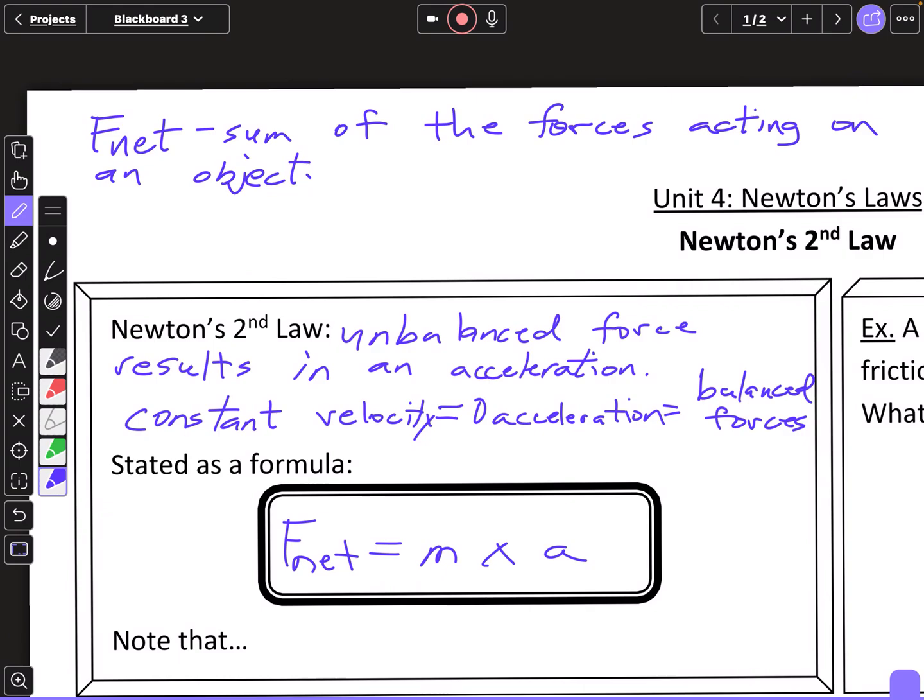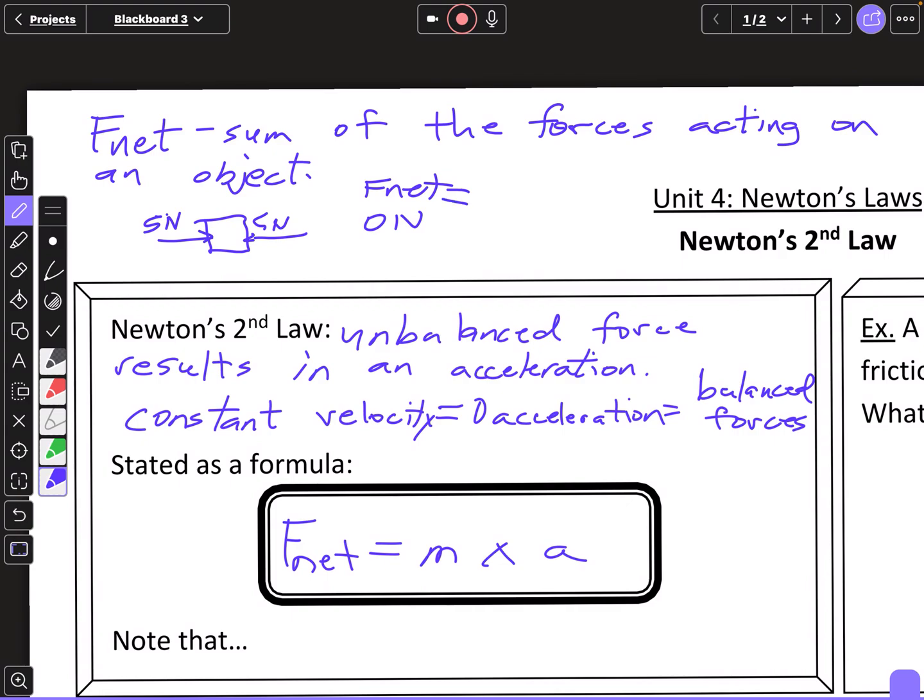Alright, so there's individual forces that act on objects, there's applied forces, but sometimes, say if one person is pushing on a box this way with 5 newtons of force, and then somebody else is pushing this way with 5 newtons, then what would be your net force? Well, those vectors are in opposite direction. Remember, force is a vector quantity. When vectors are in the same direction, we add them. When they're in opposite direction, we subtract them. The F net would be 0 newtons